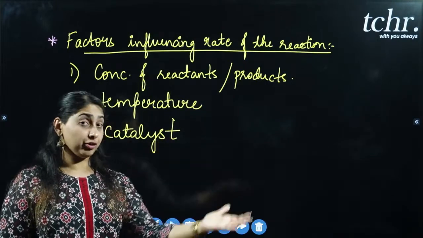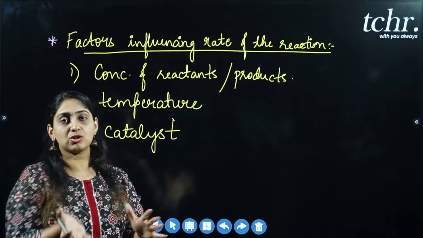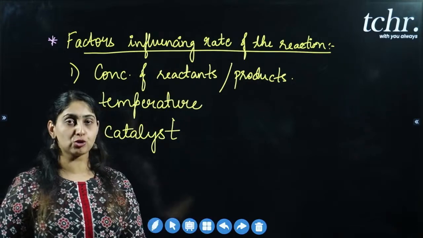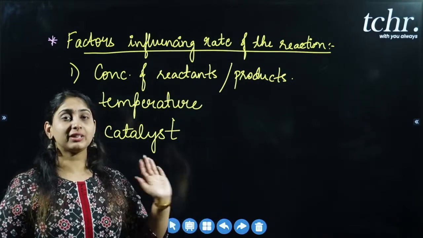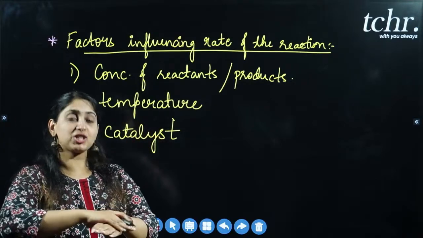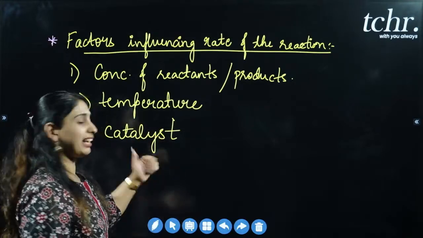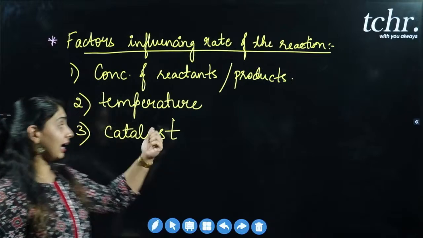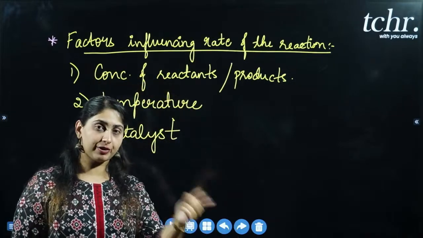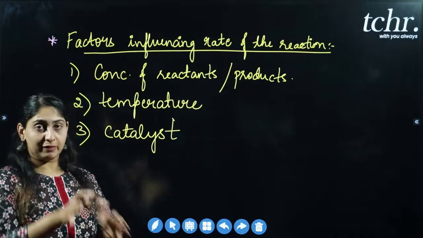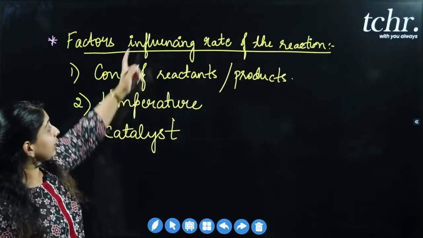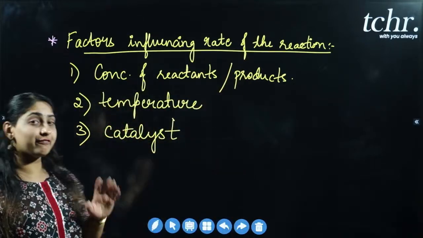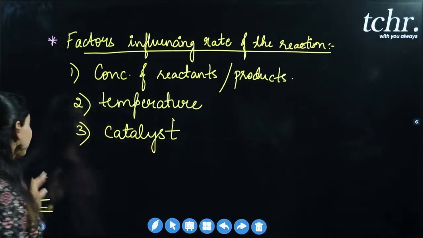That is, by the end of the chemical reaction, the catalyst should not change. It should not get converted into product. It should remain unchanged, and we choose such a substance as a catalyst. It should not react during that reaction. It should just provide temporary surface area to speed up and enhance the reaction. That's called a catalyst. So when you make changes in any one of catalyst, temperature and the concentration of reactants or products, definitely the rate of the reaction can be altered. So these are the important factors influencing the rate of the reaction, right?